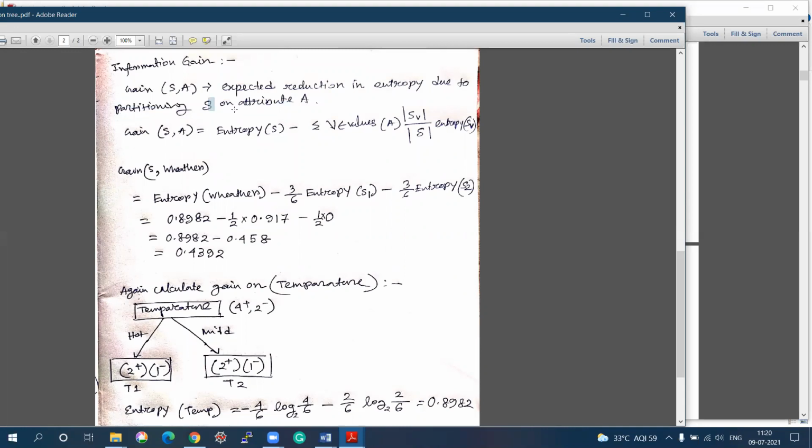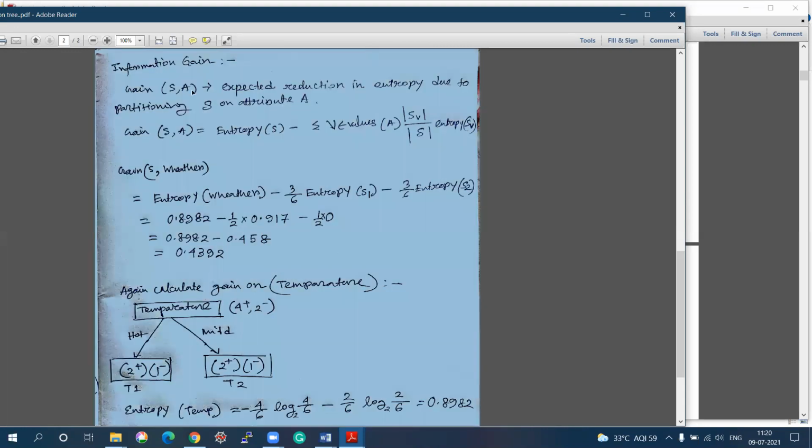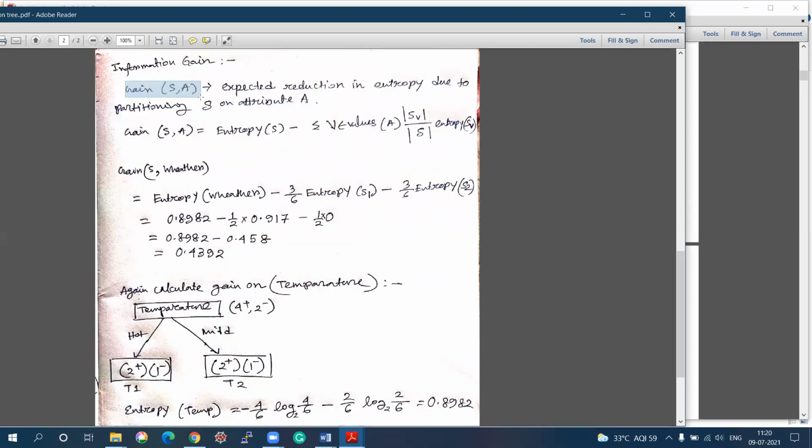If we partition our decision tree based on the attribute A, the definition says Gain(S, A) means reduction in entropy due to partitioning S on attribute A. So how much entropy is reducing, or what is the level of our uncertainty? If uncertainty is less, that means entropy is less, then information gain will be high. And if the information gain in any attribute is high, then